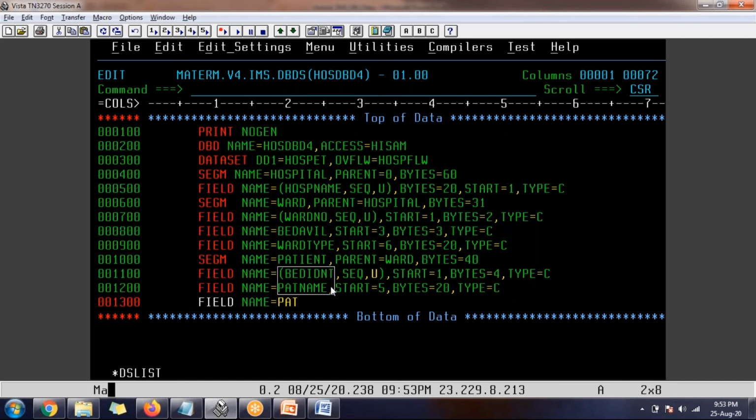And other rules, team: in our system, database name should be unique. Within the database, segment names should be unique. Within the segment, field names should be unique. I hope I answered the question.